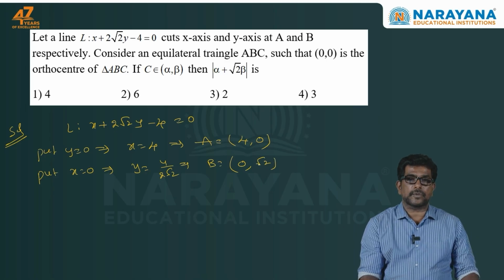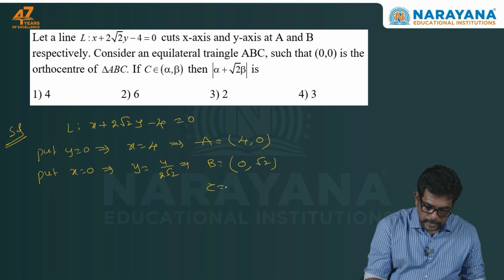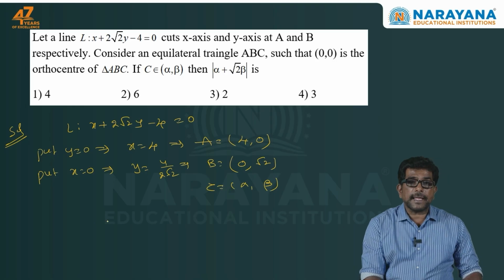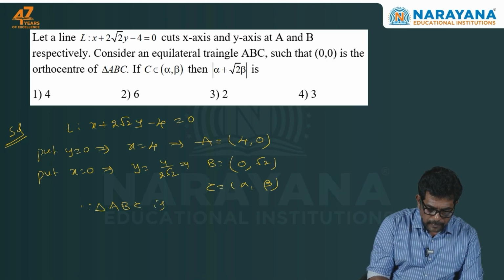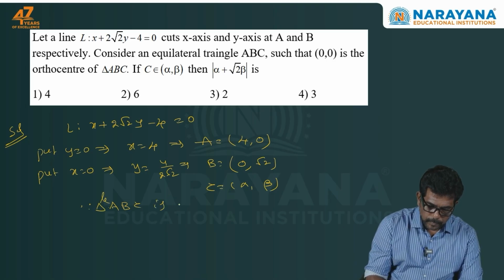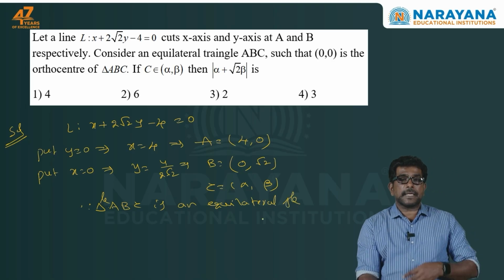And C point coordinates are clearly mentioned. C is equal to alpha comma beta, where triangle ABC is an equilateral triangle. Since ABC is an equilateral triangle,